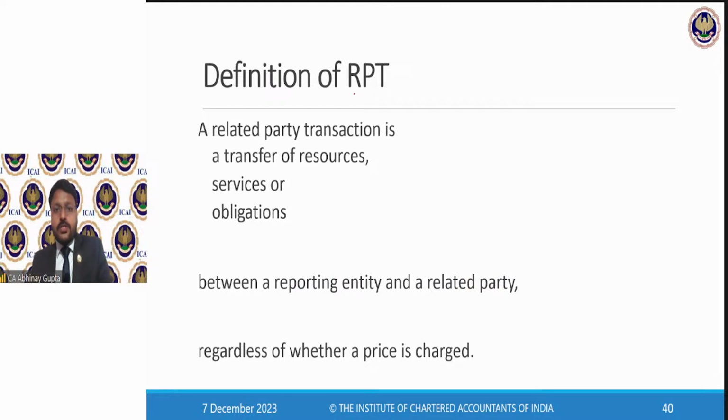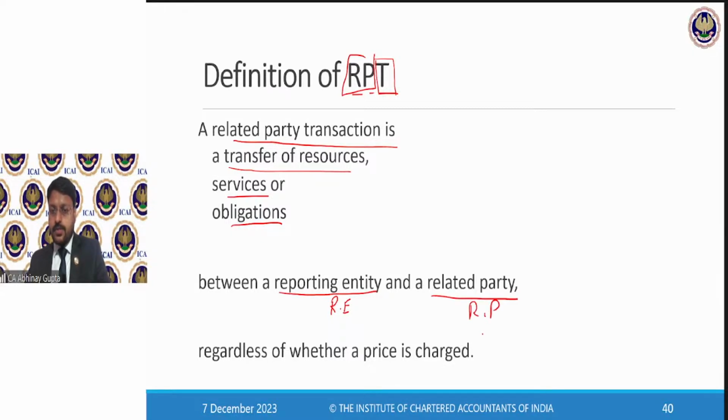Okay. Now, what is the definition of related party transaction? RPT, related party transaction. So we have understood the definition of related parties. Now we will understand the definition of related party transaction as well. A related party transaction is a transfer of resources, services, or obligations between a reporting entity, that is, the entity for which we are preparing the financial statements, and its related party, RP, which we have identified, right? So the transaction may be a transfer of resources like sale, purchase